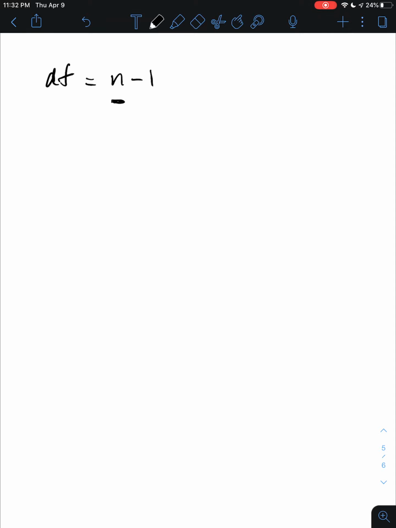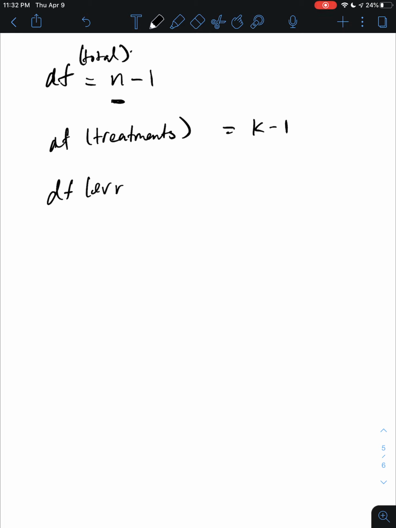Now, there is another concept of degrees of freedom here, and so we're going to call this degree of freedom total. We also have degree of freedom among the treatments. And in this case, it's k minus 1. Finally, degree of freedom of the error